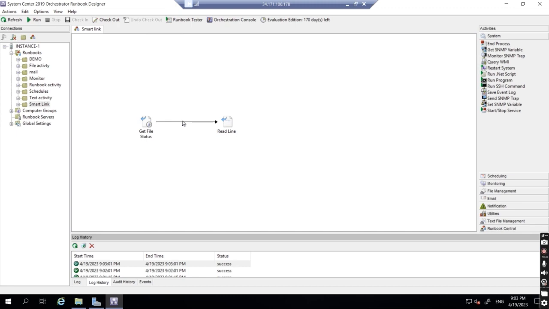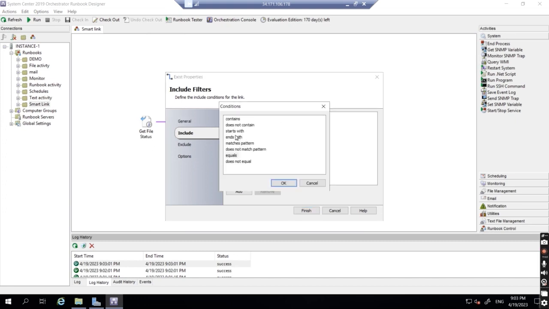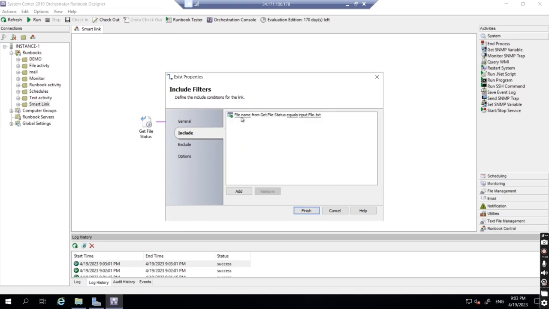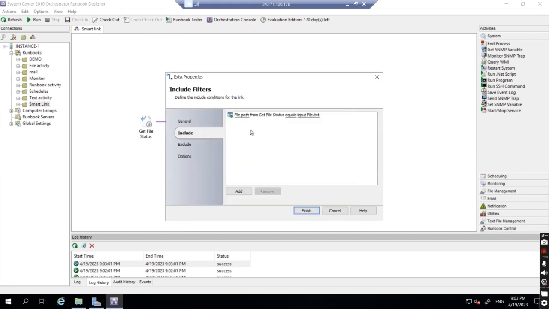Both are the same, but there is only one difference: contains will match a substring, and if you are using equals, that will match the exact name, right? And you have another operator, that is starts with. So how can I test it? Let's see, you have a file path, right? And a file path variable, so I will make a condition on this published data. And